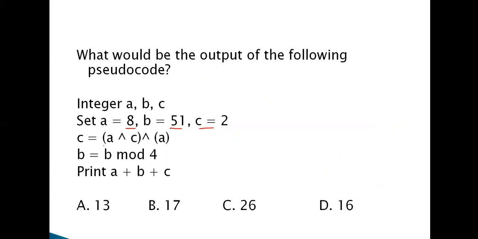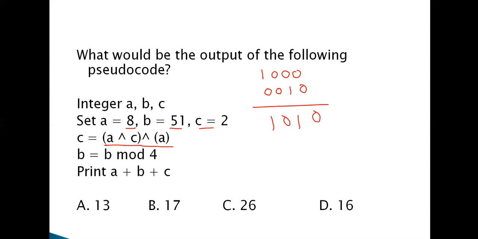A, B, C, the same concept. So first what happens? The highest priority is given to parentheses. You have to know the precedence levels. A value is 1000. This is 8. C value is equal to 0010. A value is equal to 8, that is 1000. C value 2 means 0010. Perform XOR operation. So after performing XOR between A and C, this is the result.